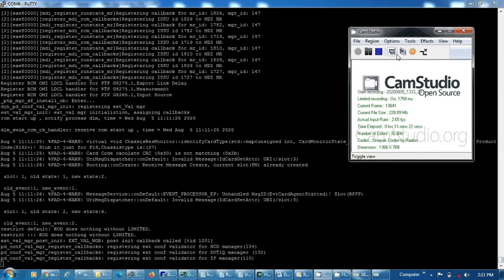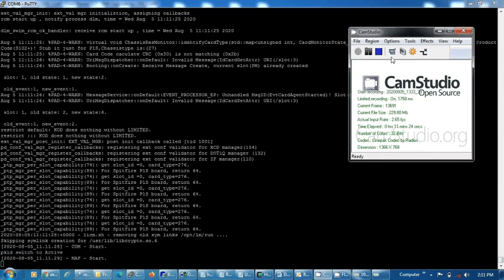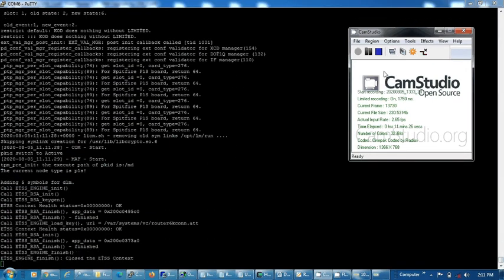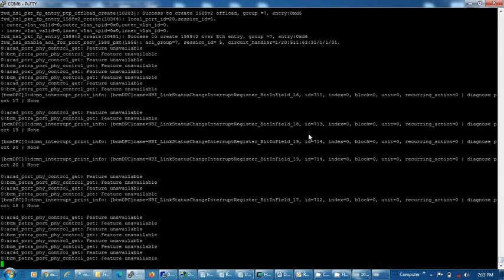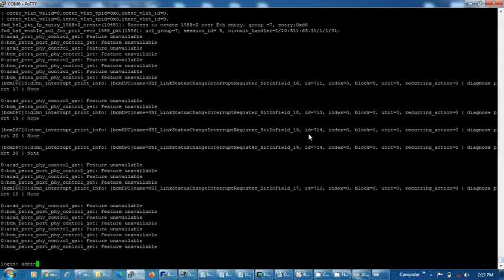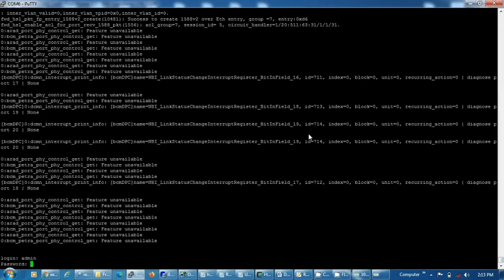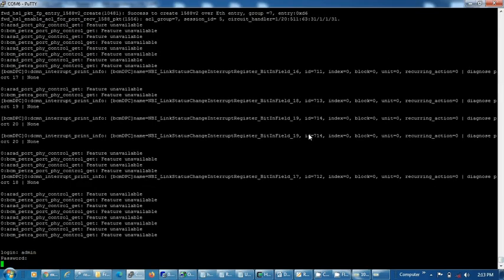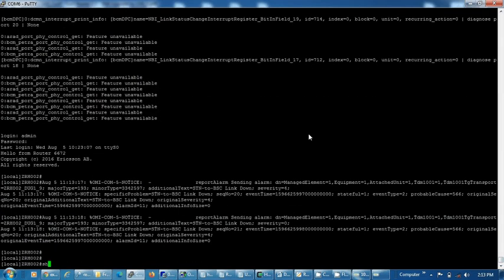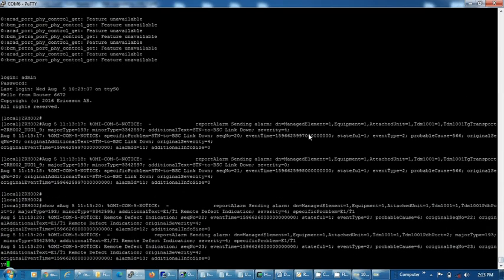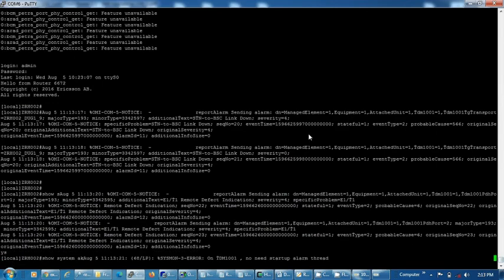Please remember this, that this software upgrade package is necessary if there is TDM connected with this router. If this router was a standalone router, we can have other procedures also to upgrade this router, but if it is a TDM connected router, then we must use this procedure to upgrade the router. We have some alarms because there was a restart. Soon these alarms will be cleared.